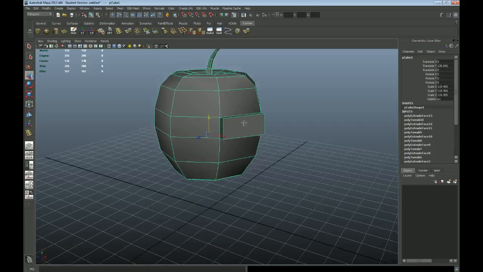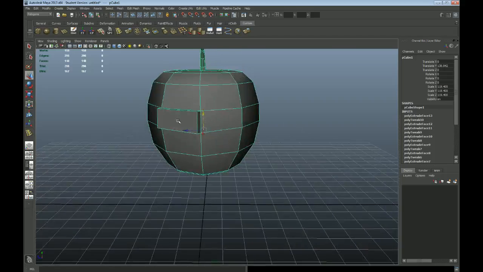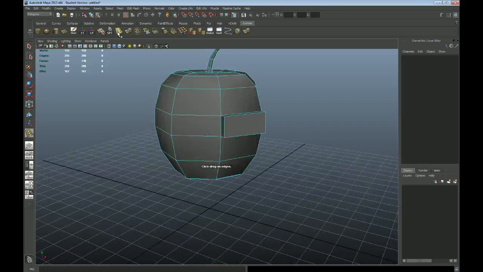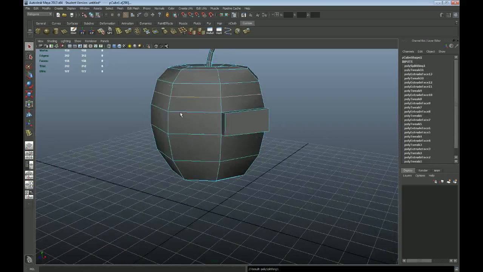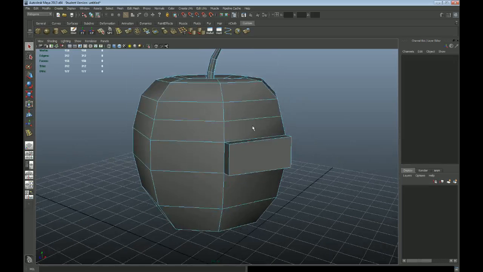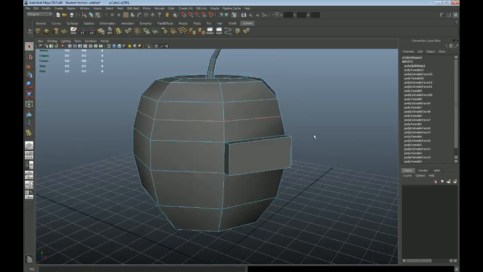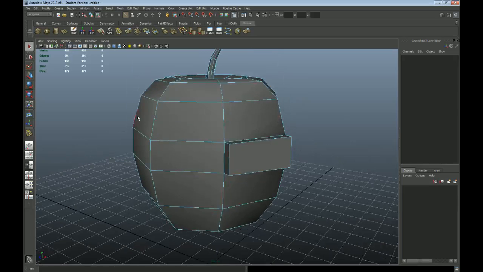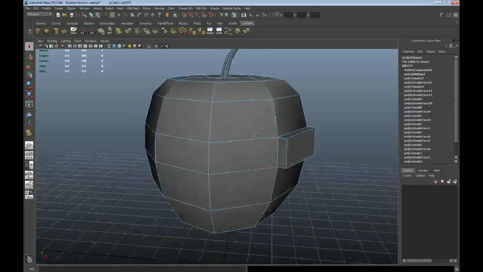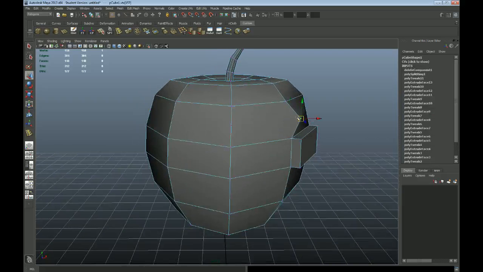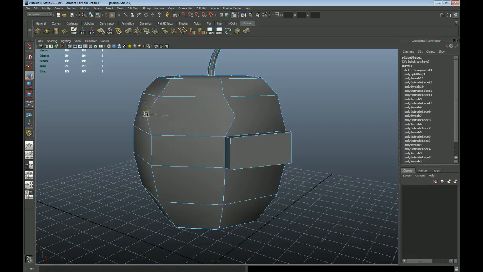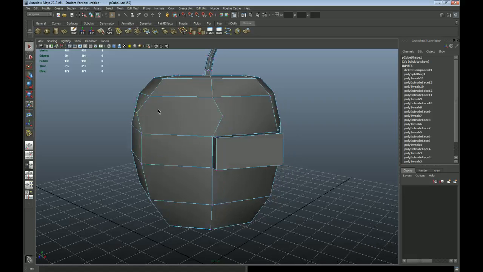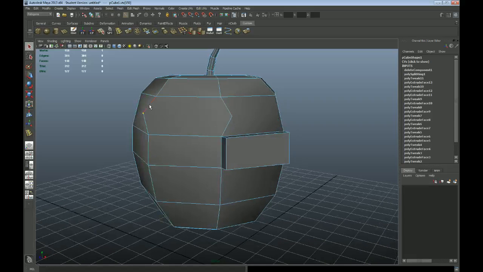So one thing that we want to remove this, and I'll just mention this, there will inevitably come a time where you will want to remove an edge, and you will want to double click it to select it, and then you will hit delete. But that is the wrong way to do it. You don't want to do it that way, and the reason is if I go to vertex mode, we can still see that there are verts left behind by that edge that were not there previously. And what this is doing is it's creating an n-gon, which means basically a n